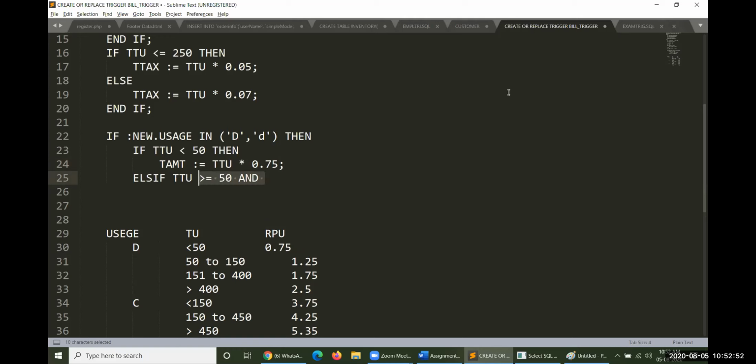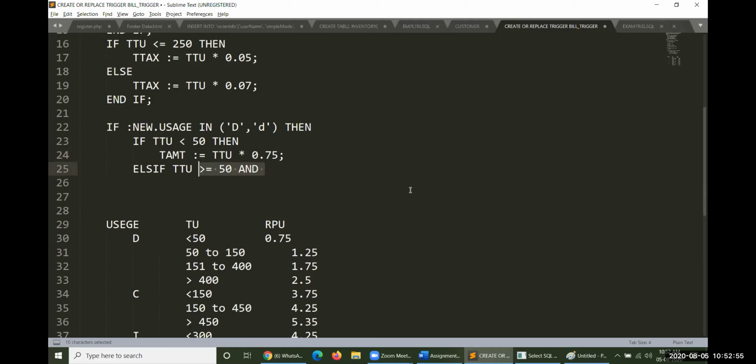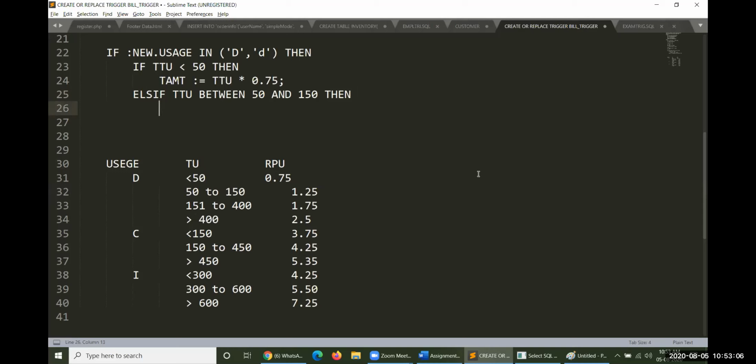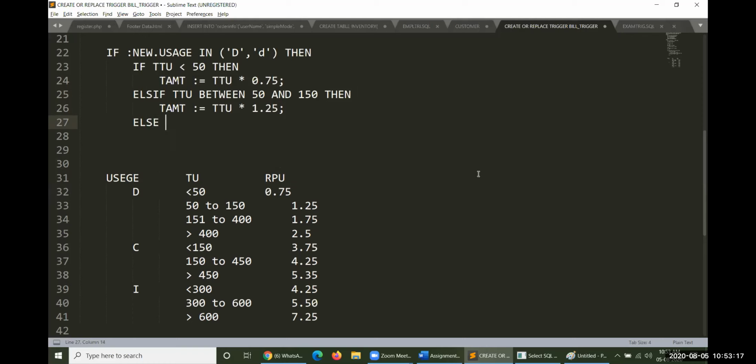We would like to write SQL pure operators only: BETWEEN 50 and 150. Then what is our activity here? TAMT, total amount, will be equal to total number of units into 1.25 paisa. Else if, one more, that is 151 to 400, 151 to 400.